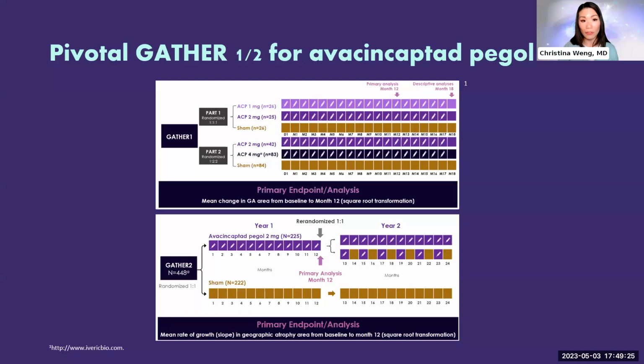In GATHER1, they looked at a variety of different dosages, for example, and all patients were treated monthly, whereas in GATHER2, you can see they were treated monthly for the first year, and in some of those patients in the second year were still treated monthly, and some of them were treated every other month. But both of them had primary analysis readouts at month 12, and again, looking at the mean change in GA